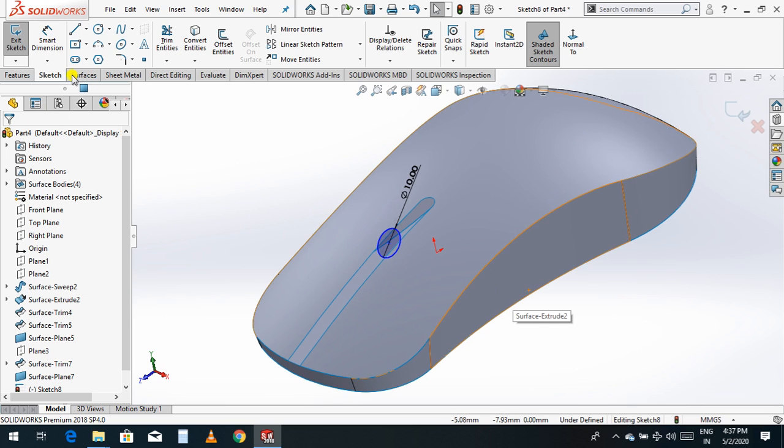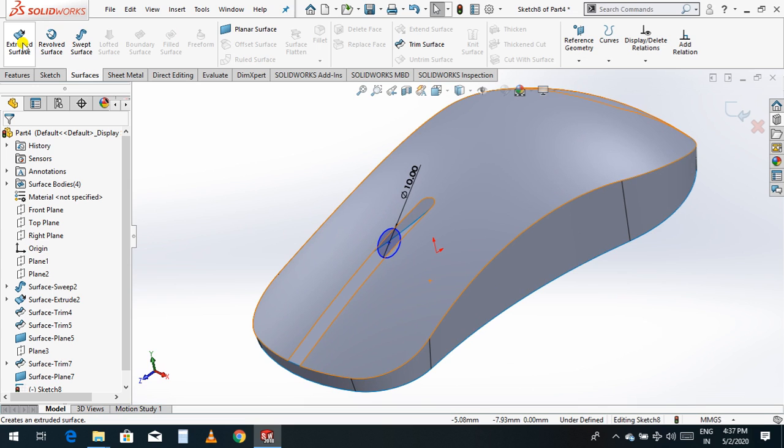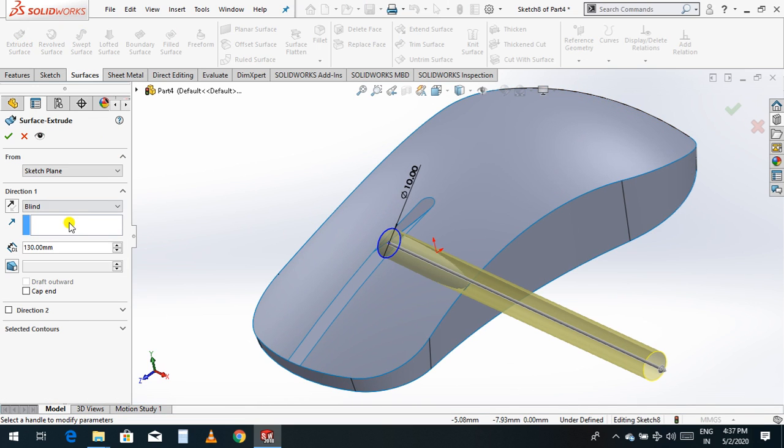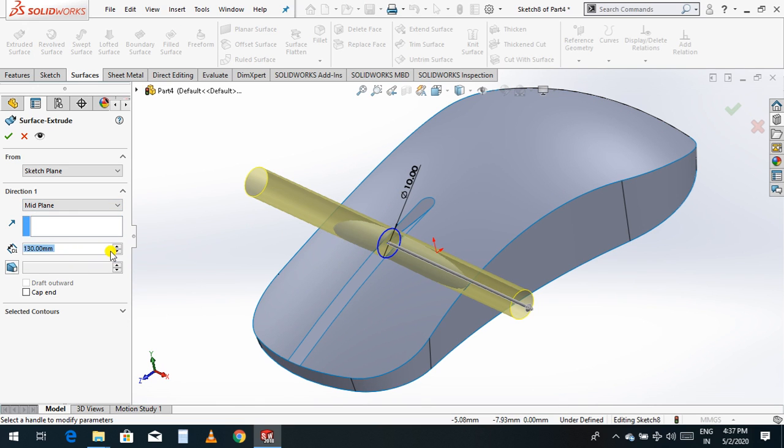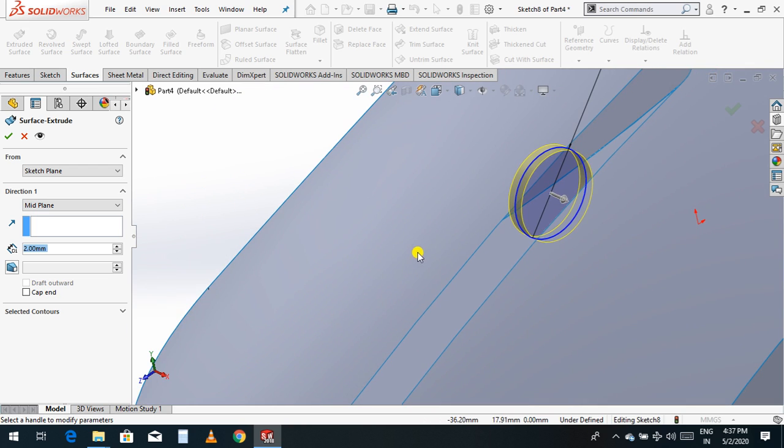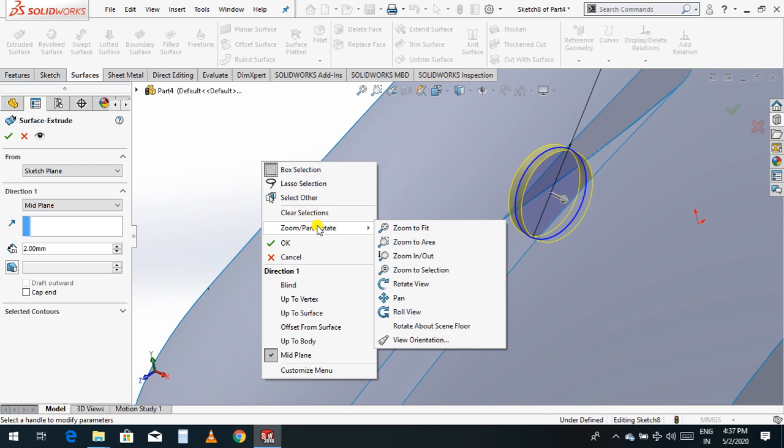Now you go to surface, extrude, both mid plane, and you just give a 2 mm. Let me rotate.